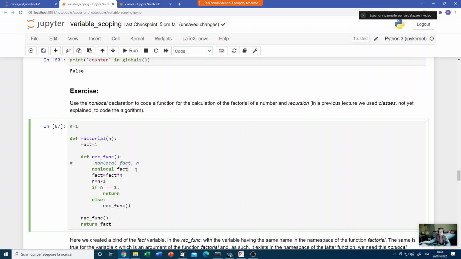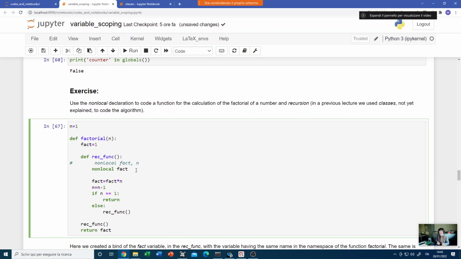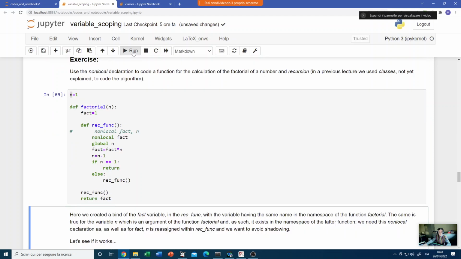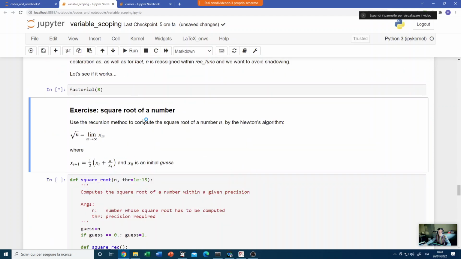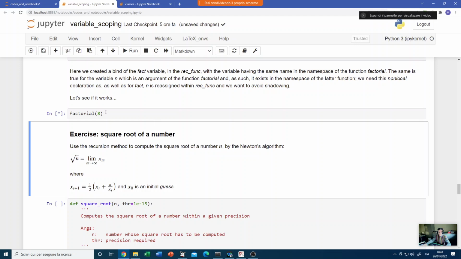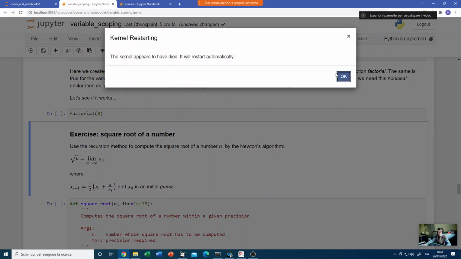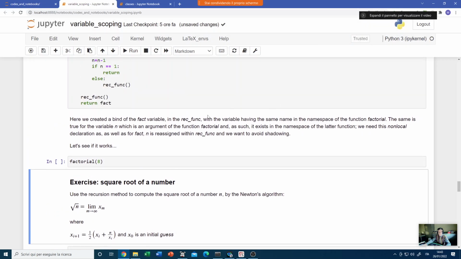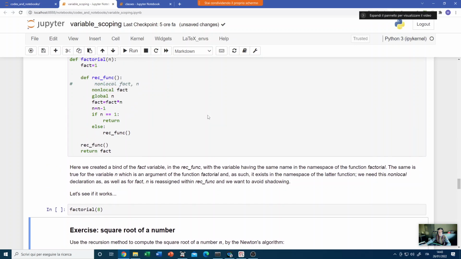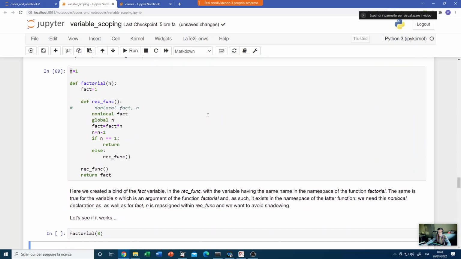Okay, you say, all right, but I can write here global n to bind this variable n to the variable that I have outside. And it works. It never stops. Why never stops? So I exhausted the recursion. What happened here? It happened this problem that I put n equal to 1,